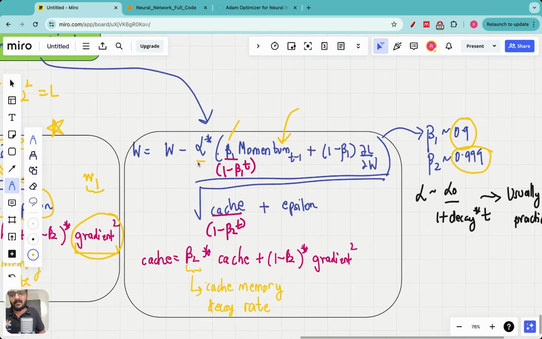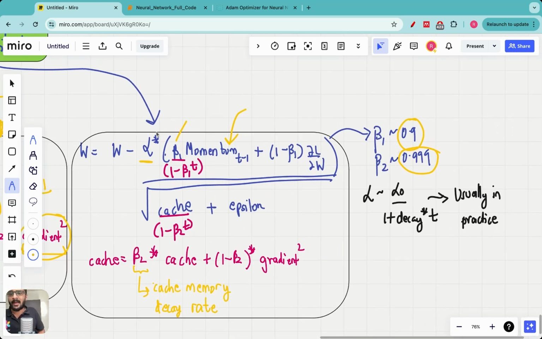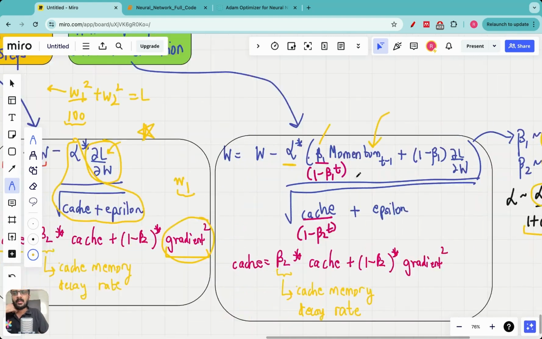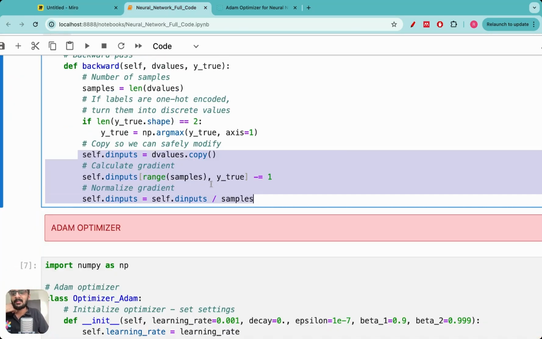And the alpha which I have written here is not constant, even this is decaying with time. Usually in practice, this alpha decays as alpha naught divided by 1 plus decay into time, where decay is the decay rate and t is the number of iterations. This makes sure that initially alpha, the step size, is large and later it decays. Even this is done to ensure that we don't have the cold start problem and we start taking long steps initially. So this is the Adam optimizer, and now let us see how the Adam optimizer is coded out in